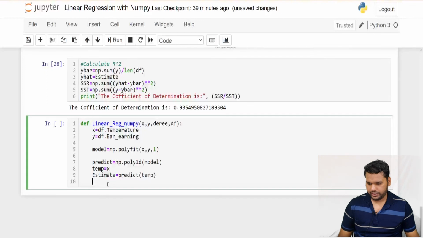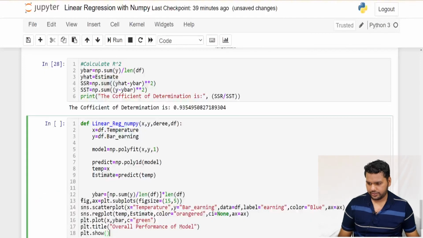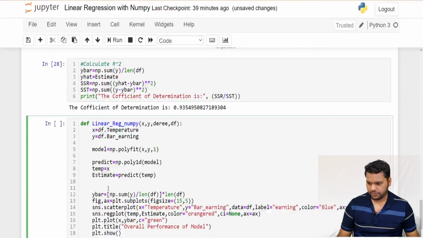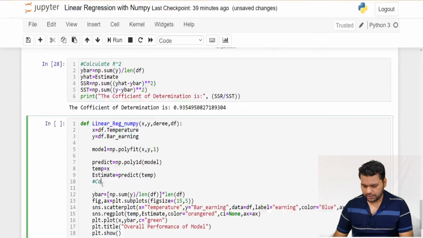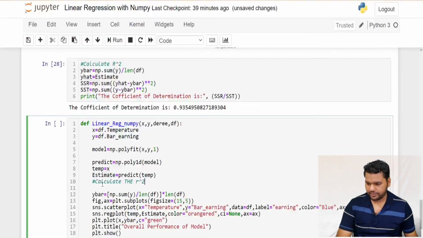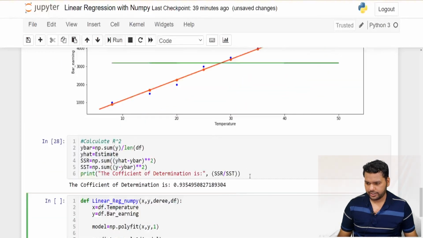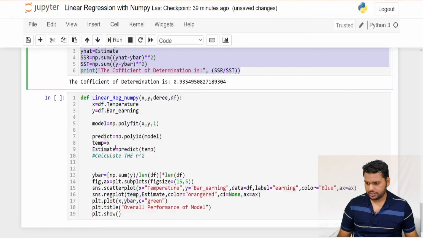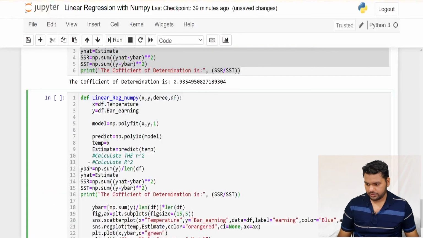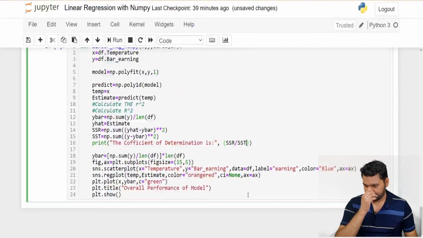So this plot will be here. Before that we calculate the R square. How we will calculate here, this is much easier, and put here. So let's check this function, I think this should work.